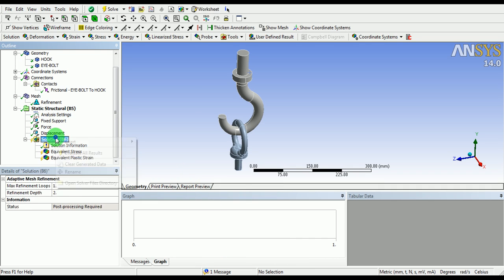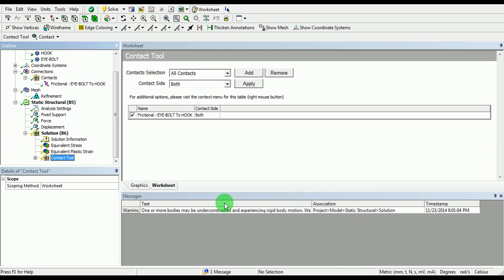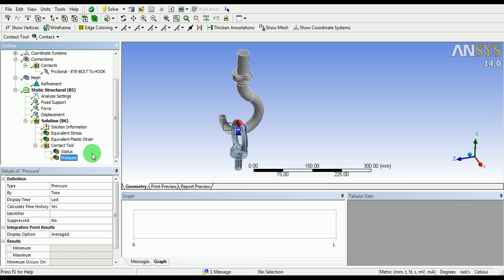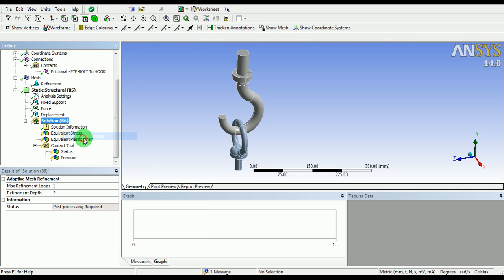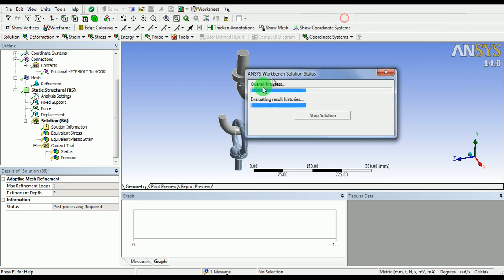Similarly, right click on the solution, Insert, pick on the contact tool. Right click on the contact tool, Insert, pick on the contact pressure. Now right click on the solution, evaluate all the results. Results are being evaluated here.